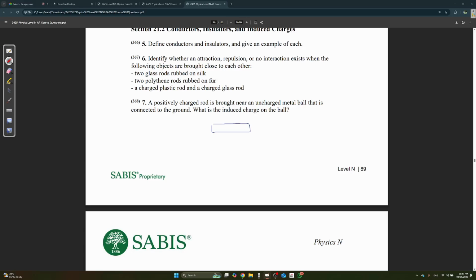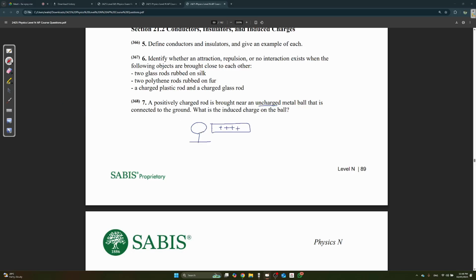If we have a positively charged rod brought near an uncharged metal ball, there's no charge here. When you have a positively charged rod that goes near the ball, you guys know that when we say it's neutral or uncharged, it doesn't mean it has 0 protons and 0 electrons. No, it means that the number of positive charges is equal to the number of negative charges. So you have these positive and negative charges scattered around such that they are equal. But when you bring this positive rod near it,